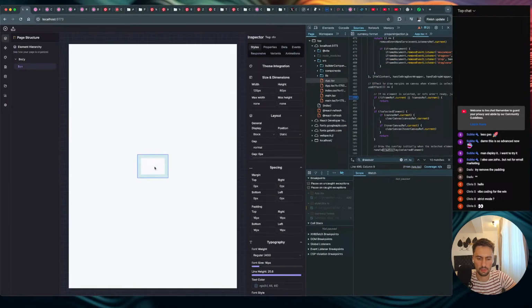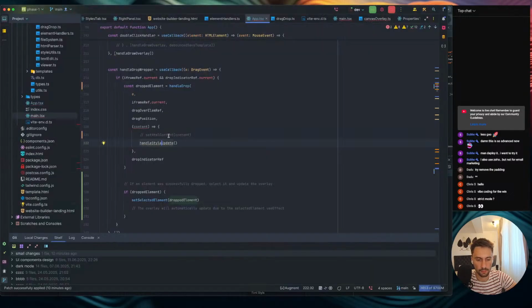Did I delete the element? Oh, I think because I commented the code, the thing that I added wasn't saved. So if I click on this, I press this, yeah. If I add this now, so the problem is set HTML content, which means the state of HTML content somehow makes the iframe re-render the entire thing. Actually, not re-render. I think I have a piece of code somewhere in here that makes the iframe get the new